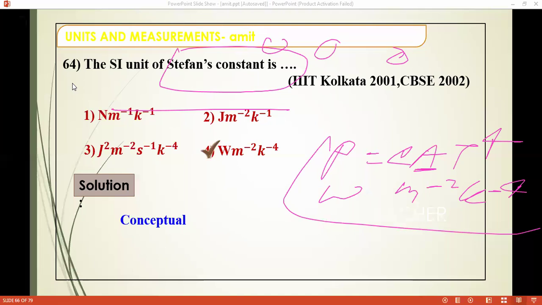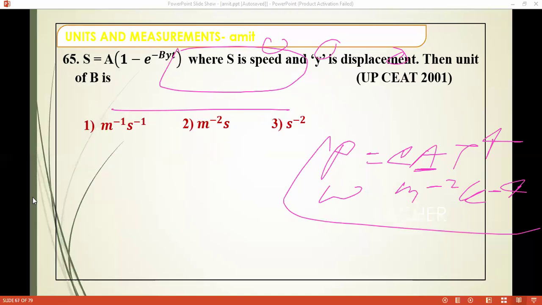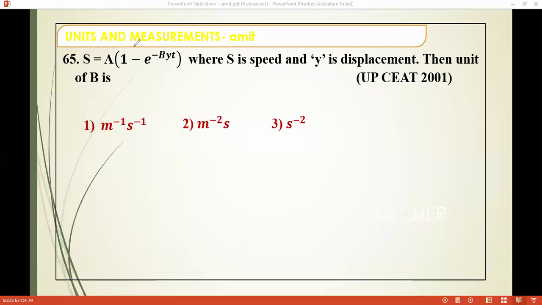Maybe you already corrected it. Take this question: the equation is equal to a sin by the speed, by, and the unit of b. So basically if you see b y t, you can find out from a the dimension of a. Once you find out the dimension of a, it will be the dimension of speed, so a is the speed. From here y is displacement. The question is in dimension of b, which you can directly find out from a.